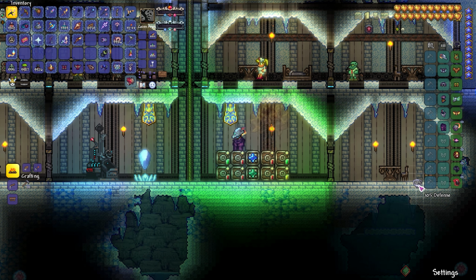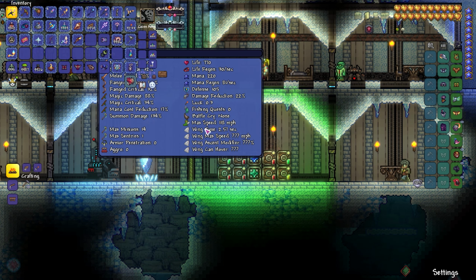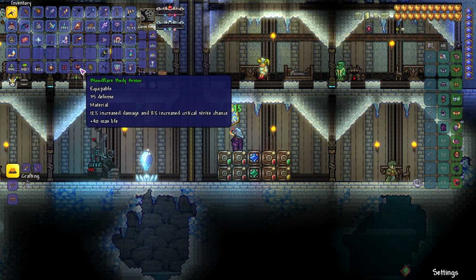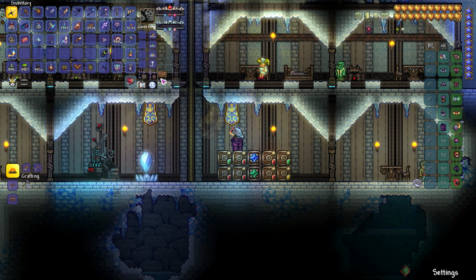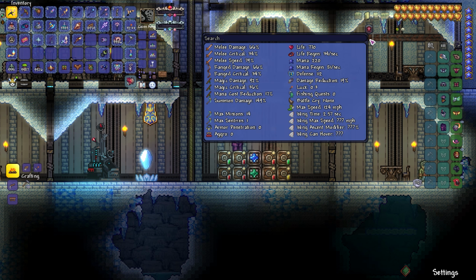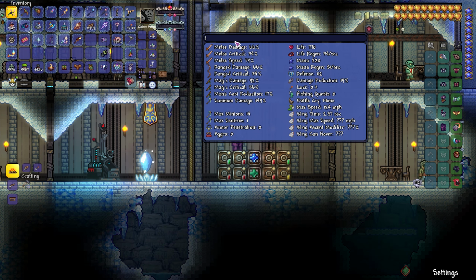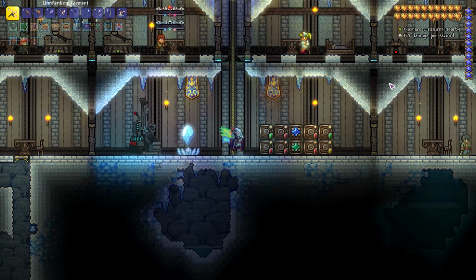So I go from 105 defense and 14 minion slots to 112 and still at the 14. 149% summon damage as opposed to the 134. So we go up a slight amount there. But this set,